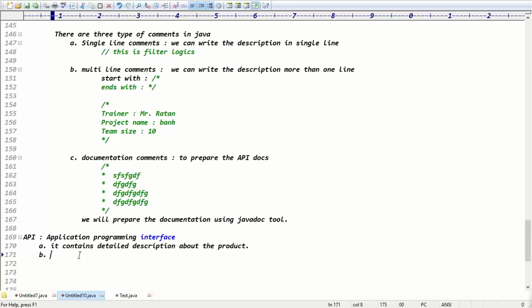See, guys, what is the use of the documentation for those API docs? We are interacting with the product with the help of API documentation, right? Assume I purchased a washing machine, but I don't know how to use it. What will I prefer?